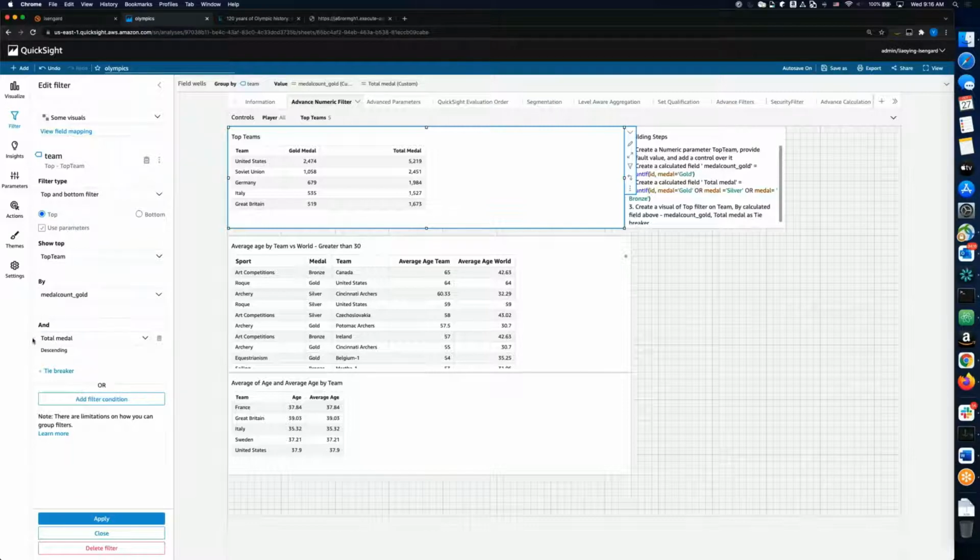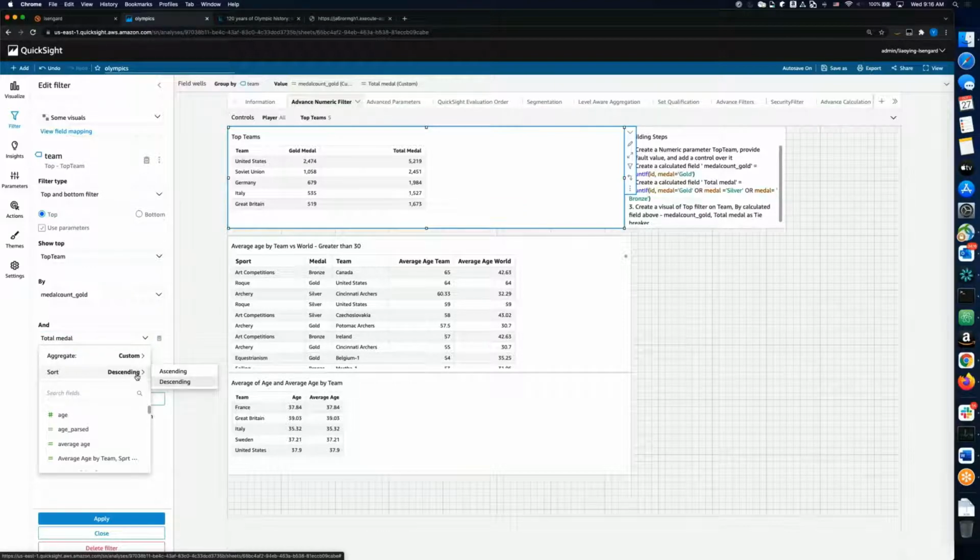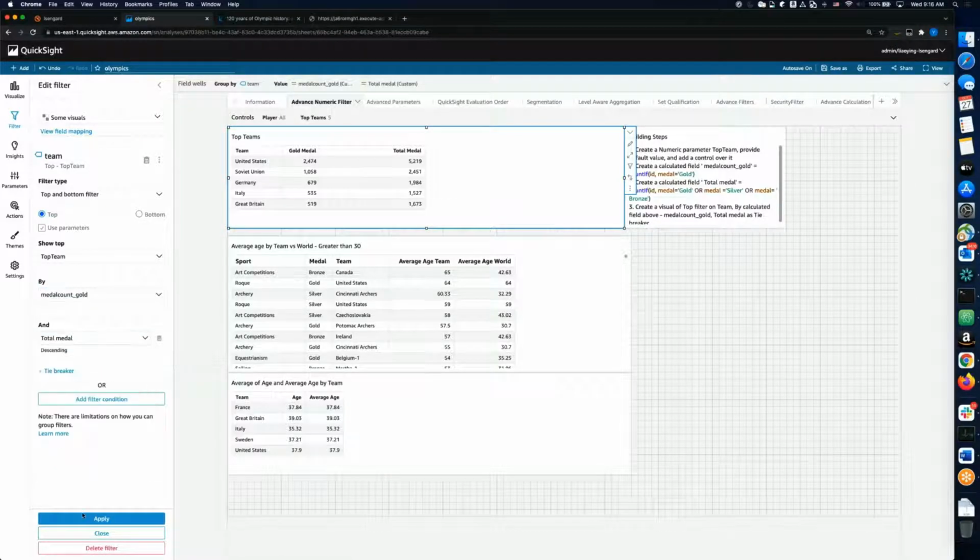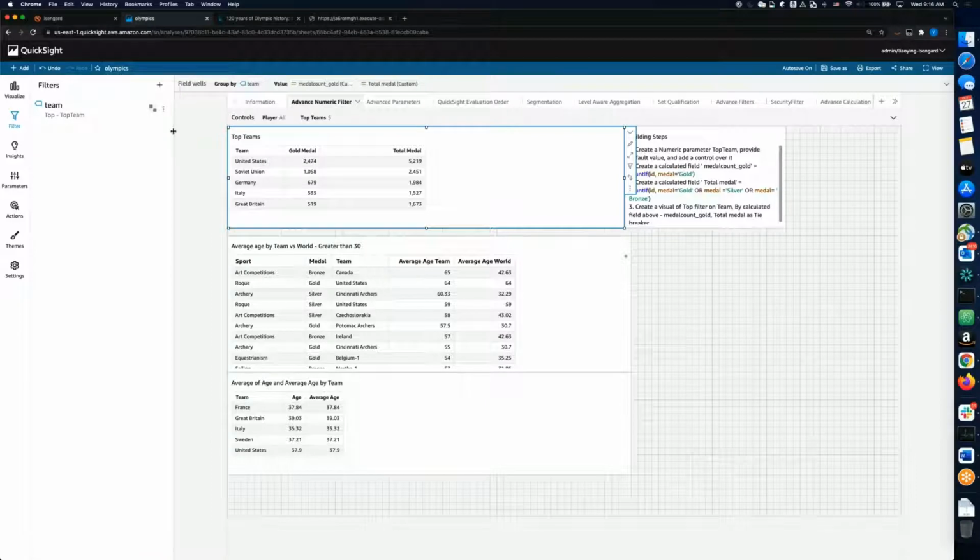And then here is a tiebreaker. So if there's a tie, we can add the total number of medals as a tiebreaker, and we can sort that in descending order. Again, the aggregation will be custom because in this calculated field we already have the aggregation function defined. So with that, you can continue to add tiebreakers if necessary. In this case, it's very rare that we cannot break a tie with two measures, gold medal count and total medal count. So with that, let me disable it to show the effect of